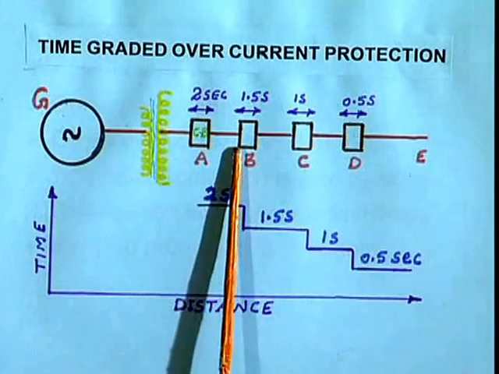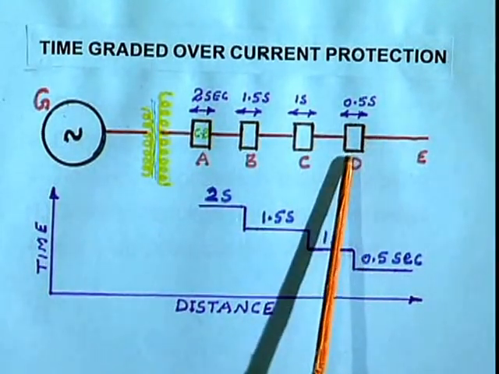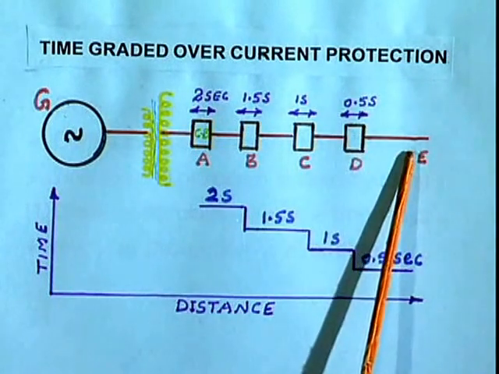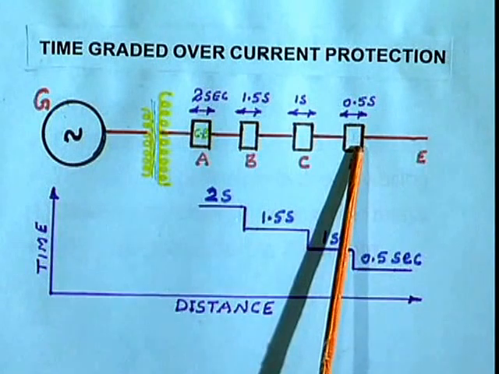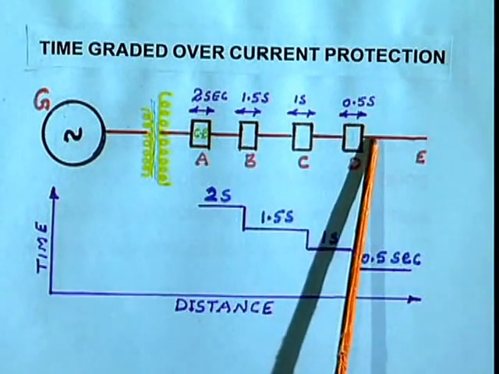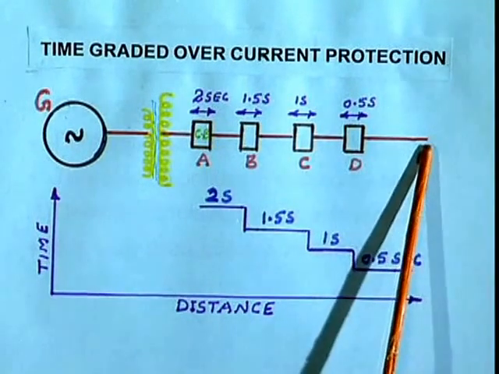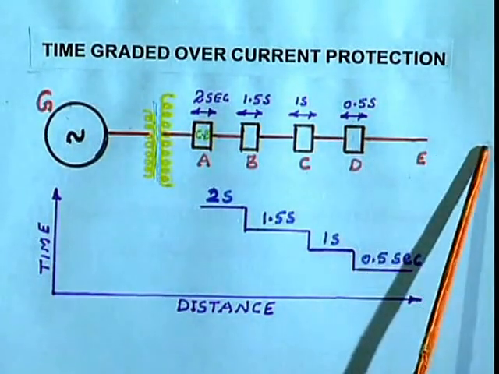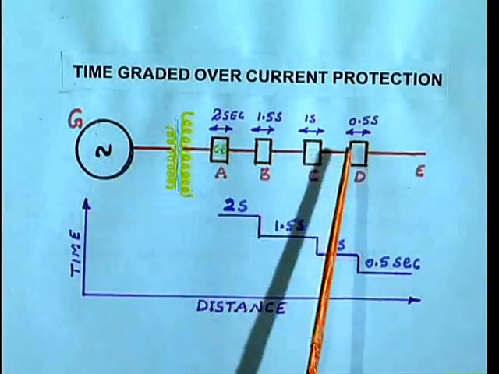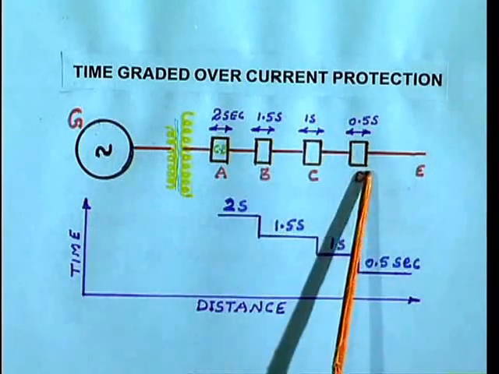In this system, what happens if the fault occurs at any one end? If the fault occurs at D to E, once the fault occurs, the circuit breaker will trip. Therefore, the current will not flow from D to E, and if some more sections are added beyond E, the current will not pass. That means the supply is disconnected only up to D. That is the disadvantage of having a radial feeder.